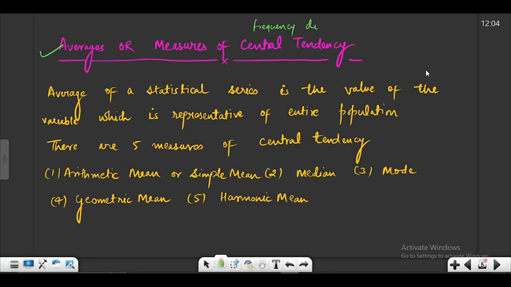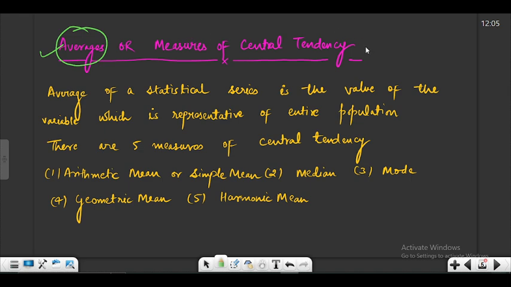So basically we are studying descriptive statistics, which is one part of statistics, and then in the future videos we'll be studying inferential statistics. Under descriptive statistics, we try to describe the kind of data that is available to us through certain numbers, certain averages. Instead of talking about the entire data set, we try to find certain values that represent the entire population. That is what is basically called your averages or measures of central tendency.